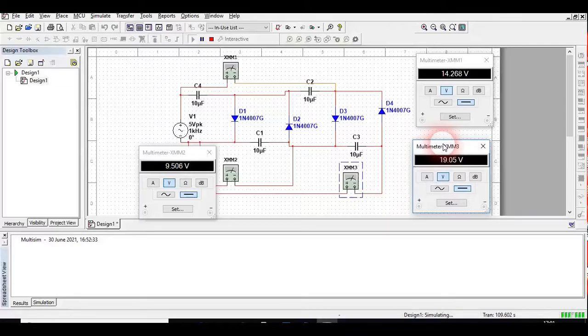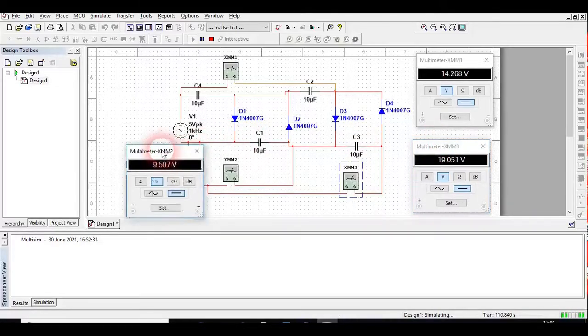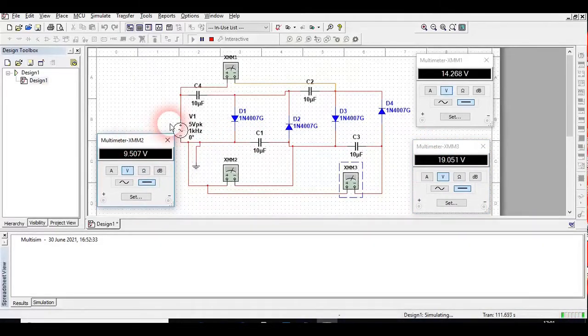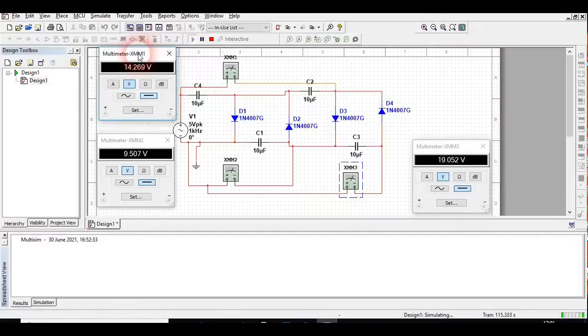I have taken here a 5 volt peak to peak value. So just take another value of voltage here. Don't copy mine. Use your own Multisim to draw this circuit, and choose a different voltage here, and you will get the possible